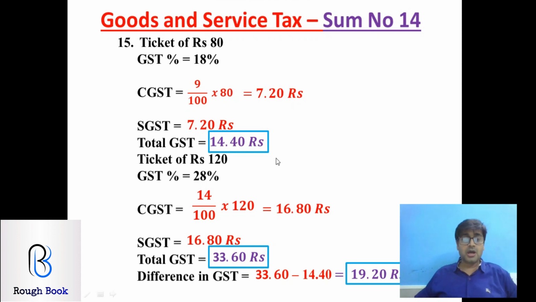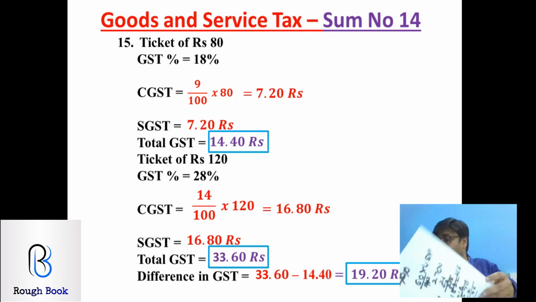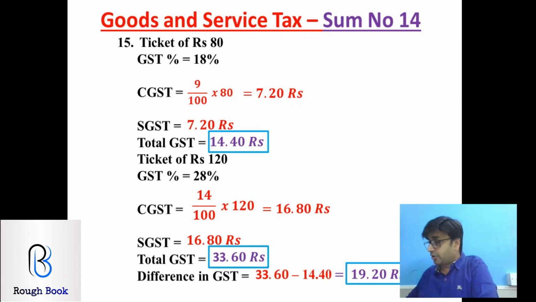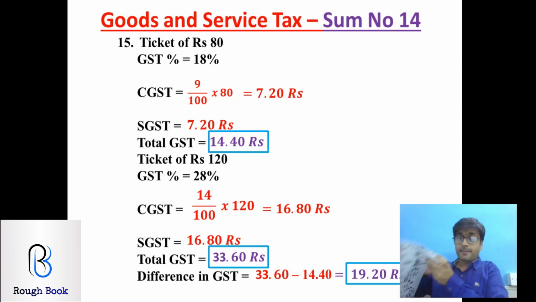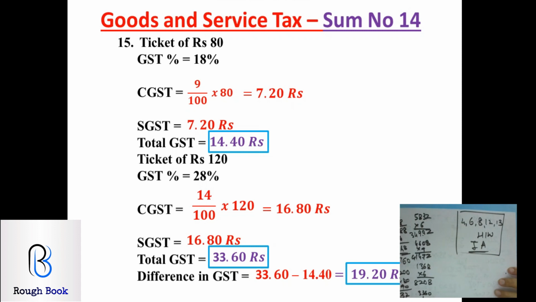For your homework, I want you to do the following questions. I'm not able to write it on the screen, I'm just saying it, or else I'll write it on the sheet of paper and then I'll show it to you. So I want you to do sum number 4, sum number 6, 8 and 12 and 13. That should be your homework from exercise 1A. Yeah, here you go. These questions you're going to do as homework. 4, 6, 8, 12, 13. Got it?